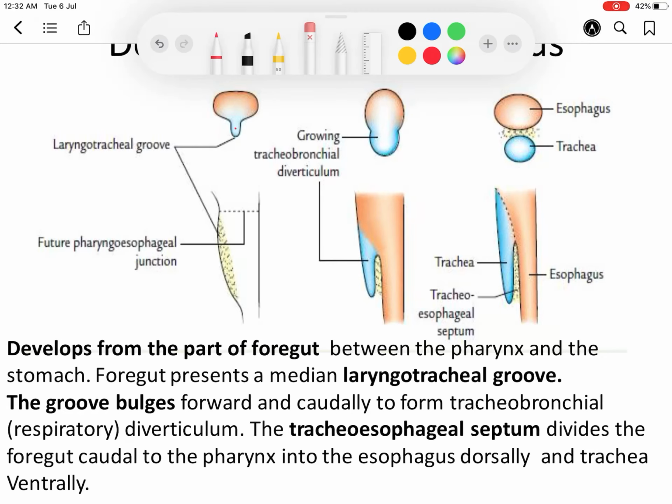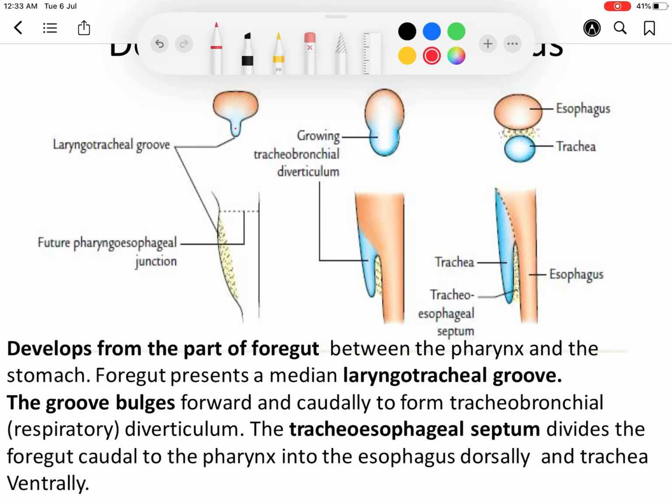Hello everyone. Today we will study about development of esophagus. Esophagus develops from the foregut and it develops from the part of the foregut between pharynx and stomach. Foregut presents a median laryngotracheal groove and this groove bulges forwards and caudally to form